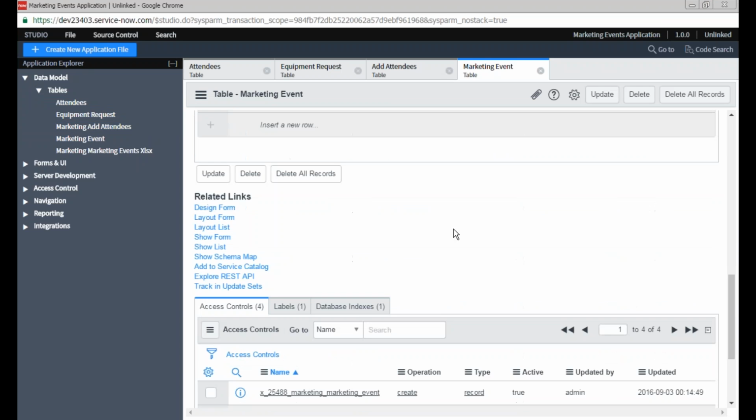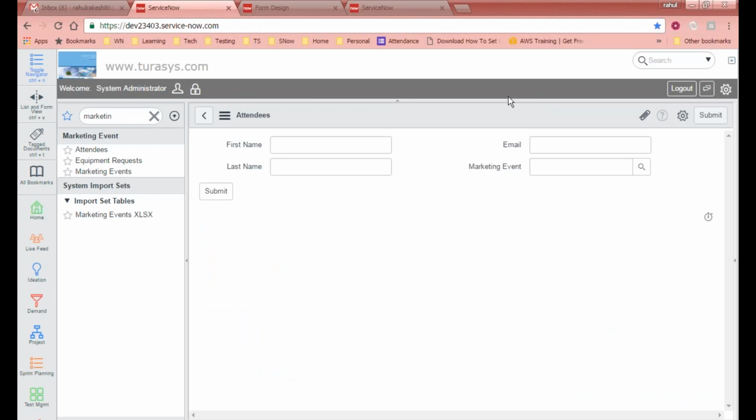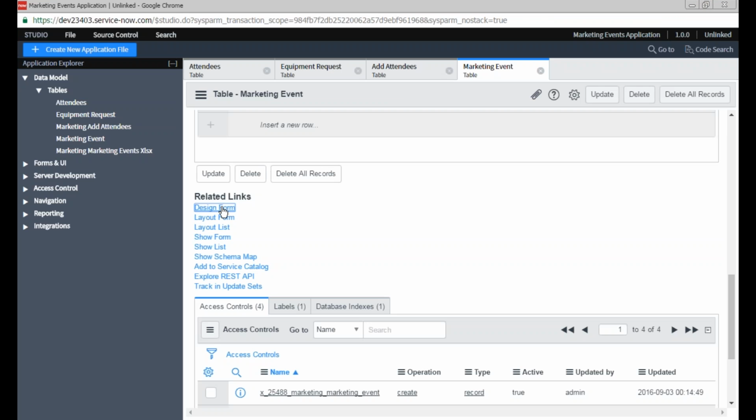Using these tables, you created a form or a layout using the design form. When you click on design form, the design UI for the form designer opens up, and you get the ability to design the form according to your need. You design the form and then you show it within the application as a module here, right? It is taking some time to open it. So this is one part of it. So if we understand how to create tables,